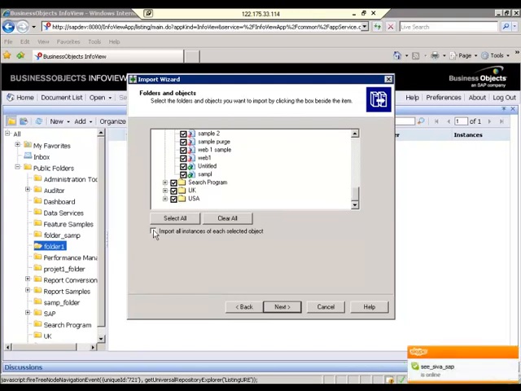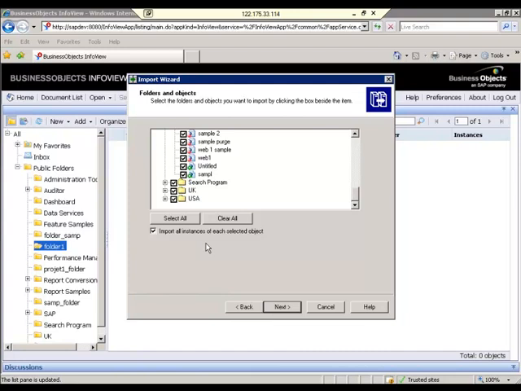And when you select the option below, import all instances of each selected object. I told you all your reports will be stored in the IFRS, input file repository server. All the scheduled instances of the reports will be in the OFRS, output file repository server.